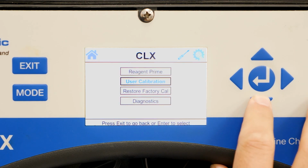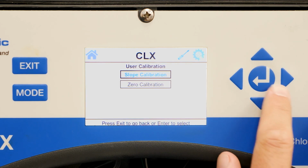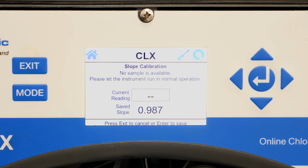The next is user calibration. The analyzer is factory calibrated. However, if you want to match it up to your handheld, the analyzer allows you to make changes. To do so, select user calibration, then select slope calibration. Adjust the number on the screen using the up and down arrow keys to match your handheld, then hit enter